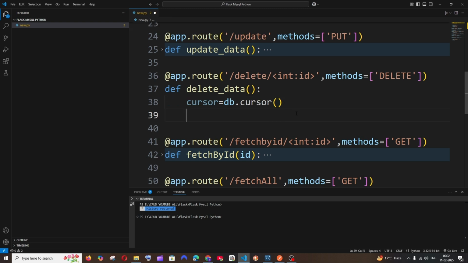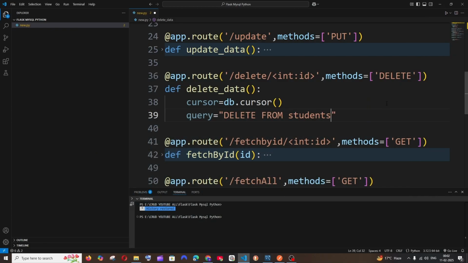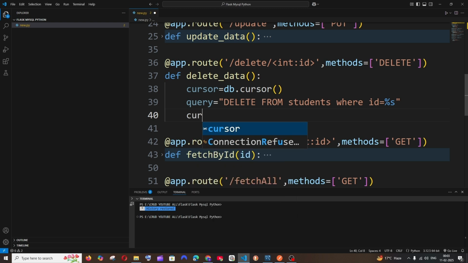So in the next line it's going to be our query equal to delete from your table name. In my case it is students, where id equal to percentage s, and in the next line it's going to be cursor, the variable that we had created earlier, dot